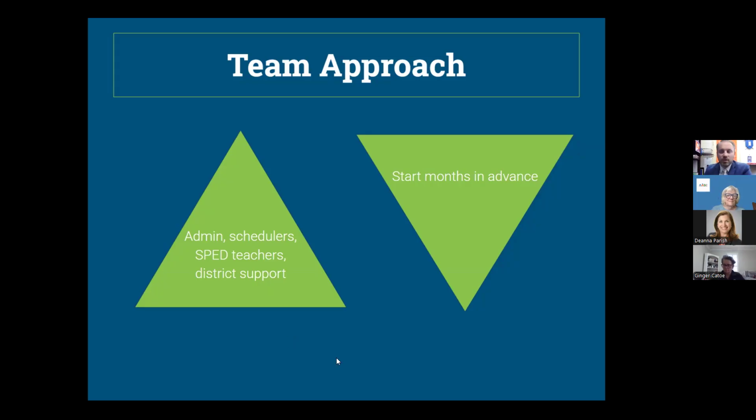So that made it easy for us. So we started and we started with them. Made sure again that we had our support from the district level of what we wanted to do, and then started to build it out from there. But it definitely is a team approach because I'll tell you that I got some of these ideas from another principal in this district who already kind of had a schedule that was similar to this, and so we started with that, and then had to shift it to make it work for us, and again with the kids that we have. So that's always a big part.